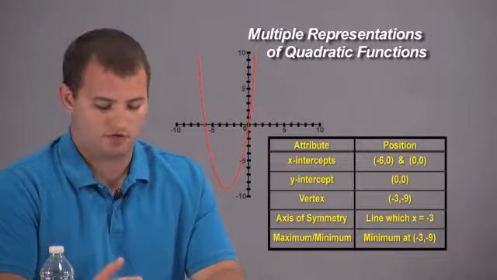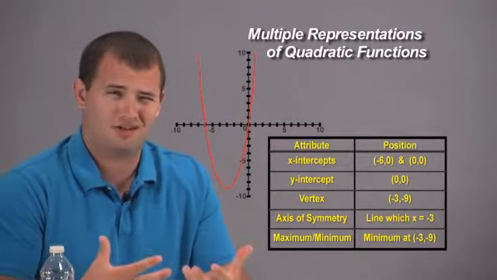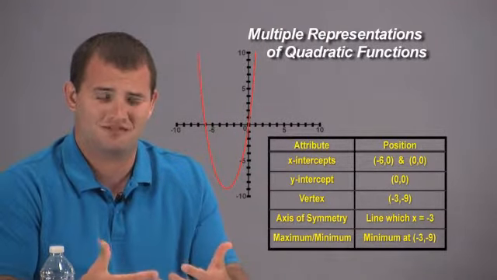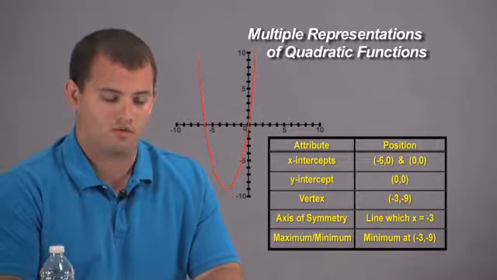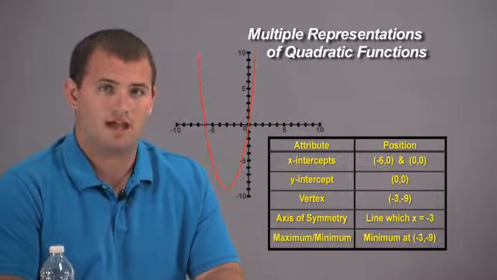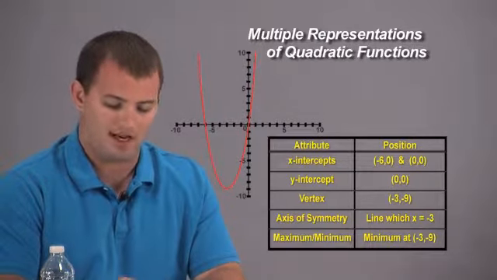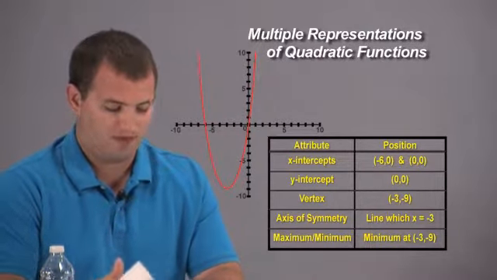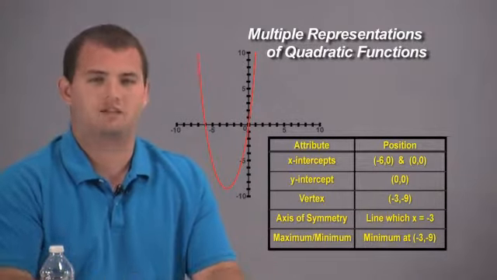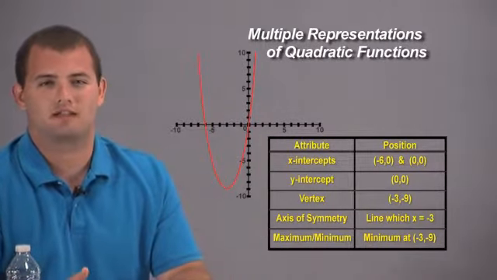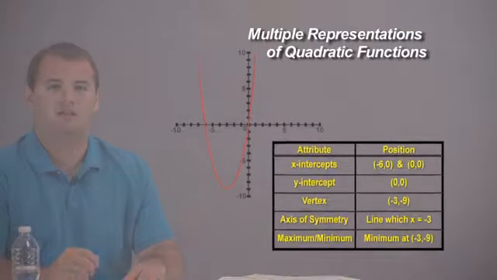Here are some okay descriptions that are good, but not enough to give us an exact function. The x-intercepts occur at negative 6, 0, and at 0, 0, and the axis of symmetry is along the line x equals negative 3. First, let's look at the graph. The x-intercepts are in the correct place, the axis of symmetry is in the correct place, but hold on,